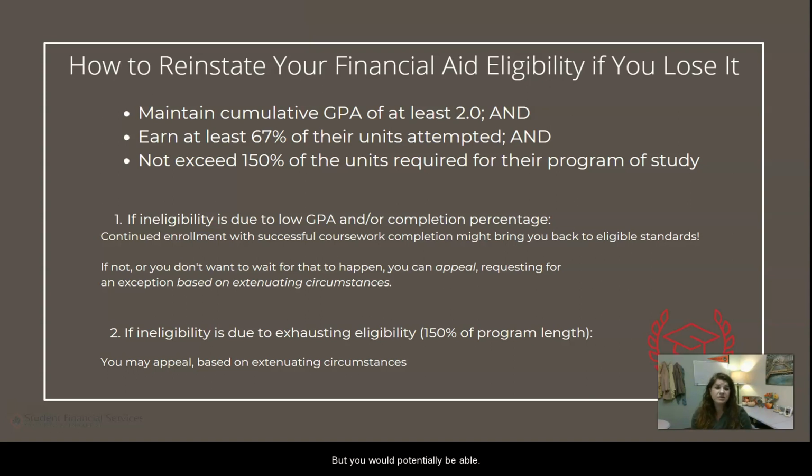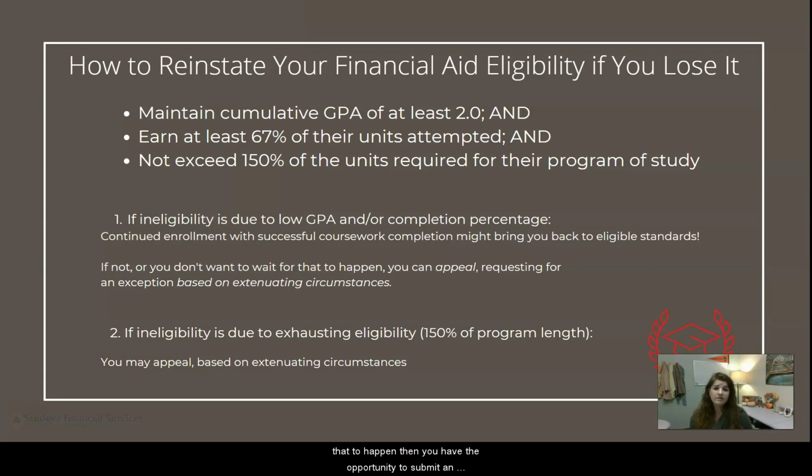But if you get that GPA cumulatively back up to 2.0 and you're able to pass at least 67%, then you will naturally reinstate your eligibility, and then we'll be able to award you financial aid again. But if you don't want to wait for that, if you can't wait for that to happen,